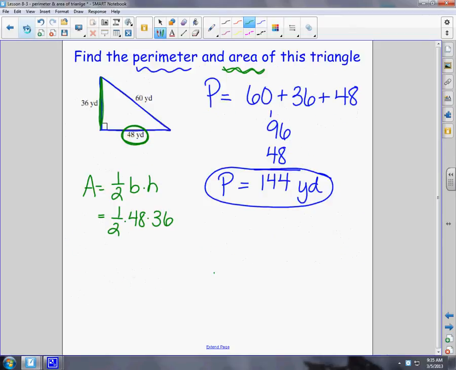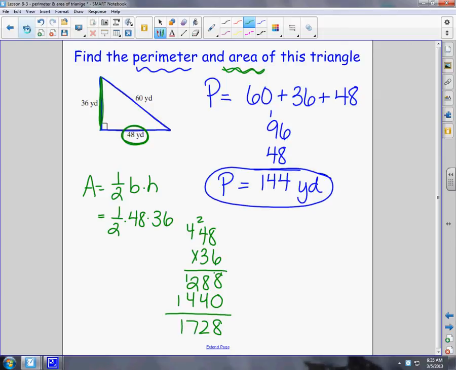So first I'm going to do 48 times 36. So 6 times 8 is 48. 6 times 4 is 24, plus 4 is 28. I add my 0. 3 times 8 is 24, and then 3 times 4 is 12, plus 2 is 14. So then I add down,